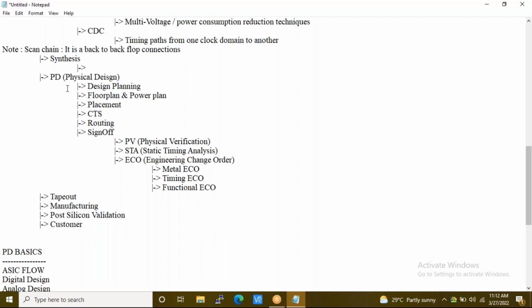So why we are teaching all these aspects in physical design training is so that you will be suitable for various job requirements. Sometimes what happens, Altran comes, Capgemini comes. They want candidates who are trained in physical verification. Sometimes one more company comes, HCL comes. They want someone with static timing analysis expertise, along with the PD flow.